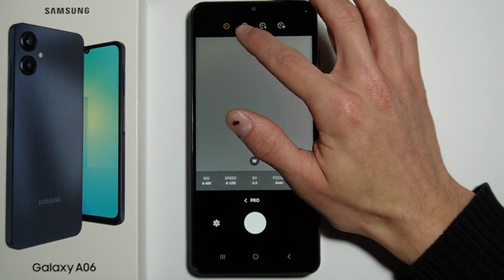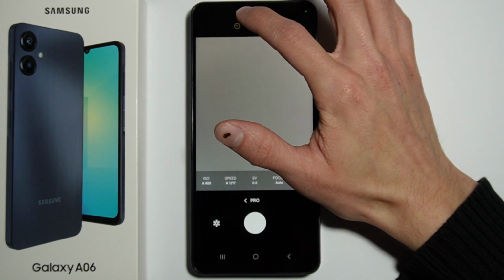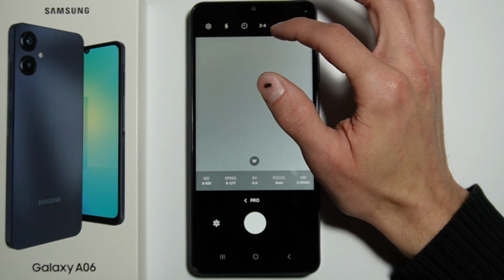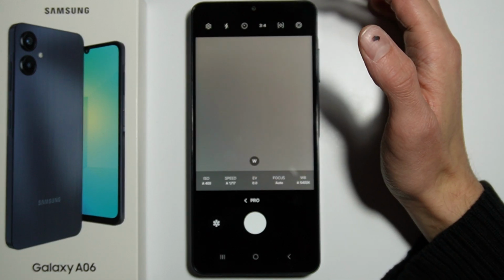Here you have the timer shutter. Here you can turn on and off the lighting. Here we have camera settings,